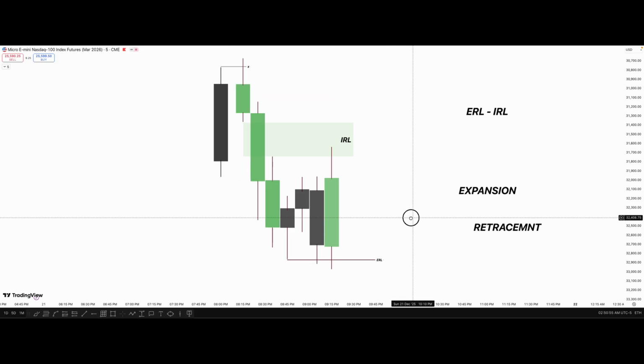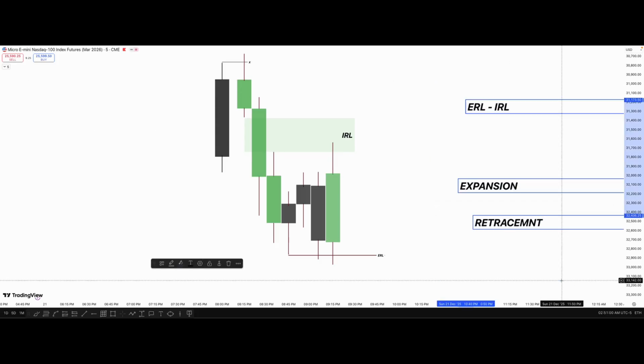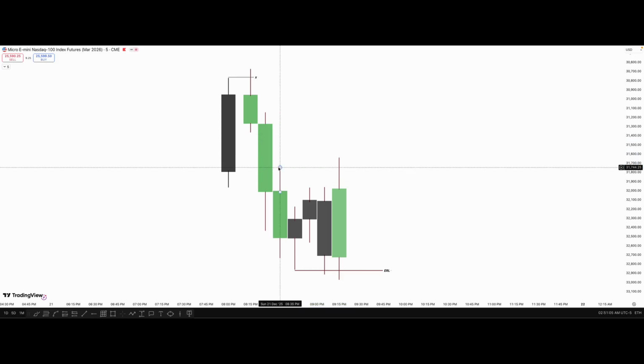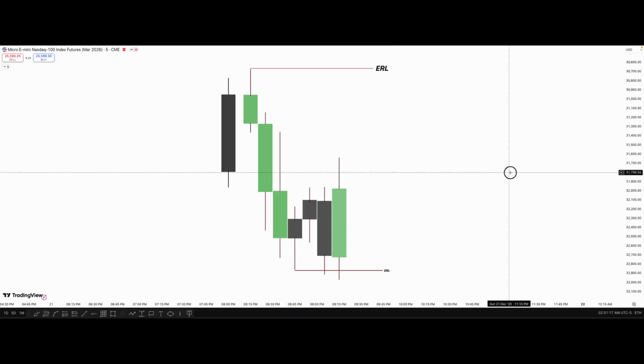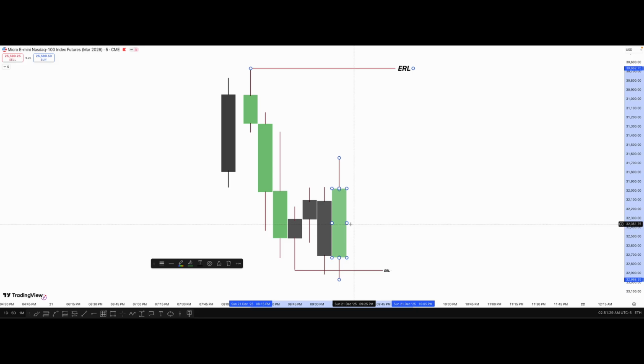And then you have another scenario wherein the price just does a simple thing, which is it fails to create an internal liquidity here like this, right? Leaving behind an ERL. So when you don't have an internal liquidity in between, the price will tap out your external range liquidity and then go back up to take your